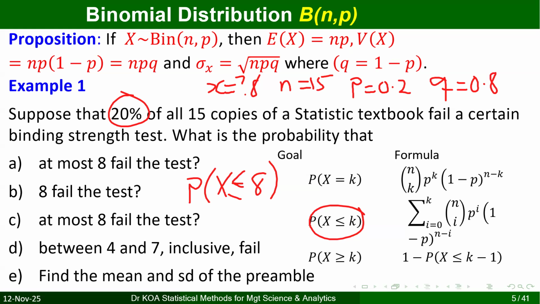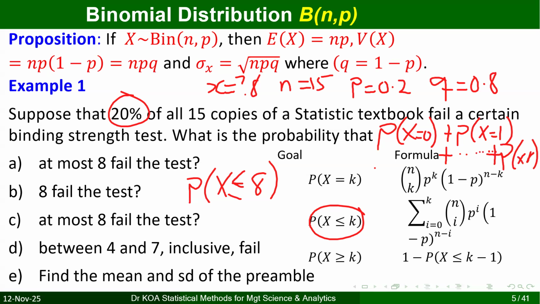So what it means is that you're going to find the probability that X is equal to 0, and we know the formula already, that factorial thing that we wrote. Then you will add it to the probability that X is equal to 1. You will add it to the probability that X is equal to 2, all the way, and then you add it to the probability that X is equal to 8. So once you have found all of these probabilities, what do